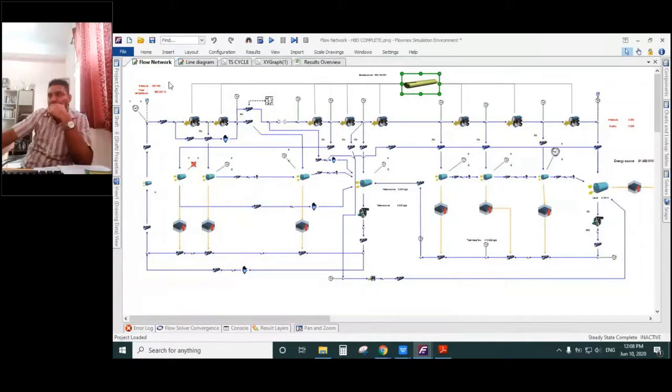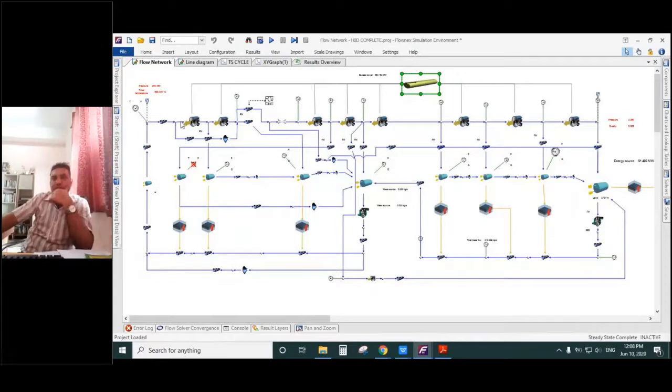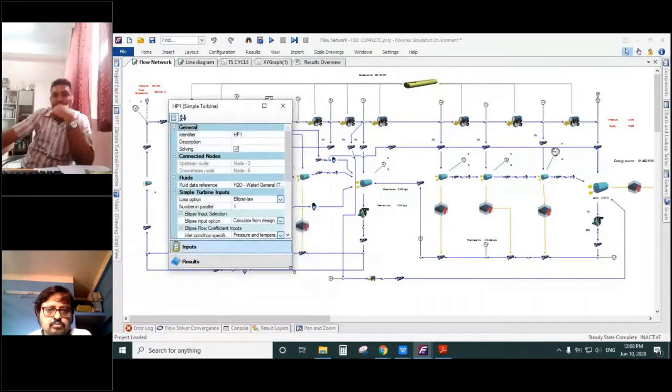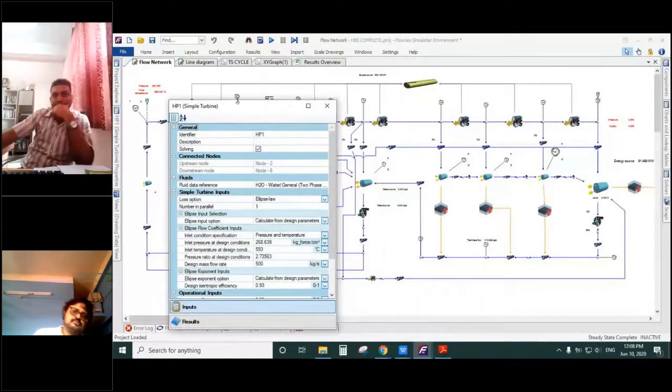And what I'm going to do, I'm running one transient scenario. This transient scenario will tell what happens if I'm going to change my design isentropic efficiency